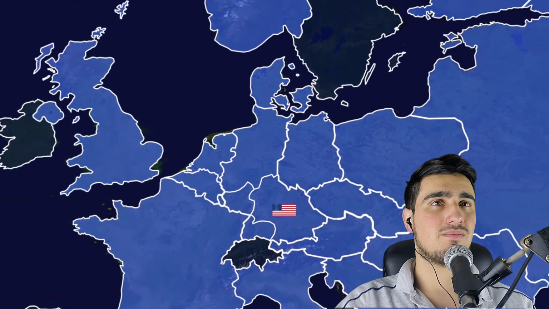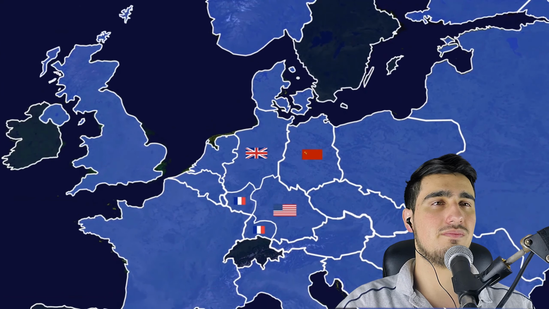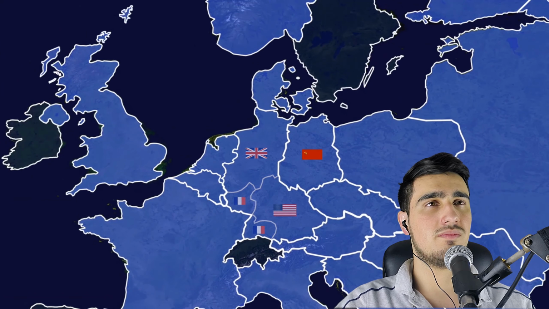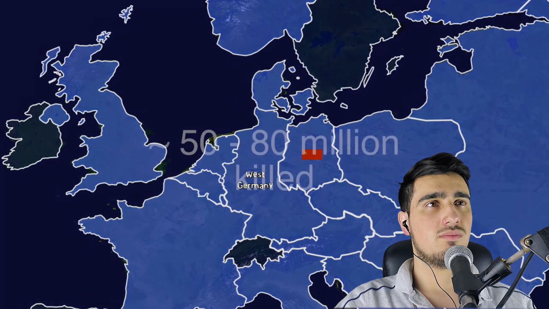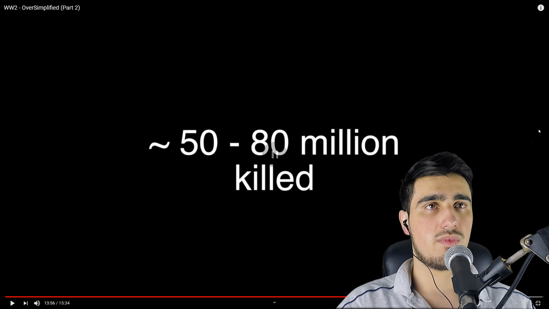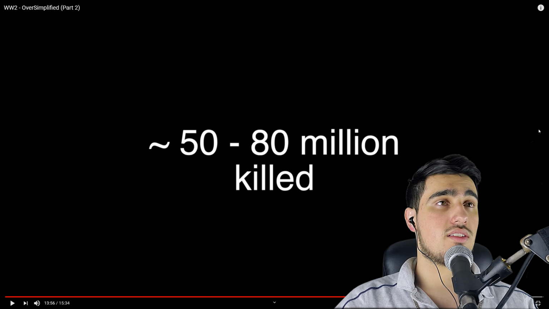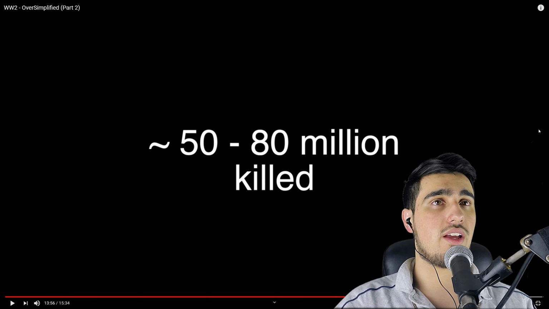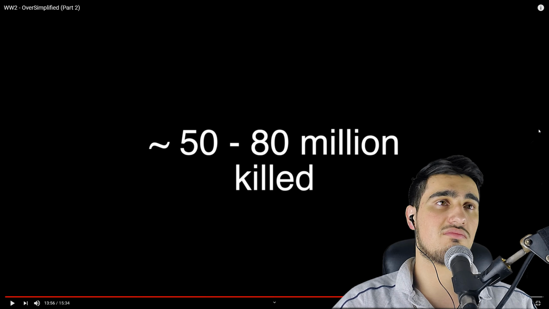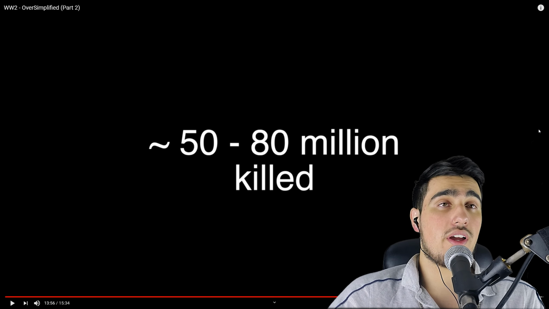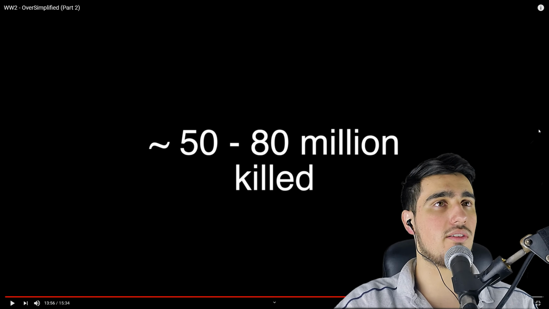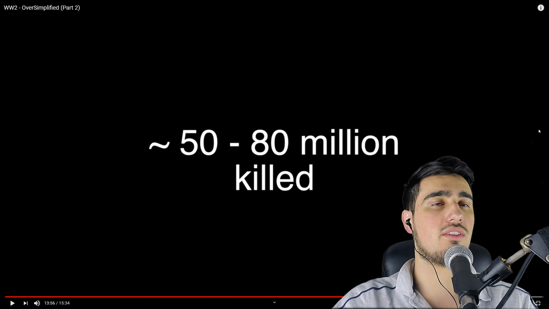Germany was divided between America, the UK, France, and the Soviet Union. In 1949, the Allied sectors were united into West Germany. The Second World War had been more terrible than the first. 50 to 80 million killed. That's a lot of people. If we look at it in terms of, let's say, Mexico, and let's go with the higher estimate, that's over half of the country. So that's an insane amount of people killed.